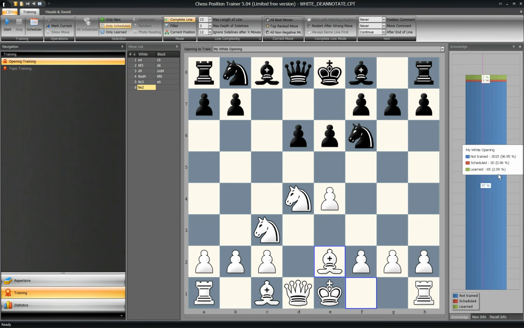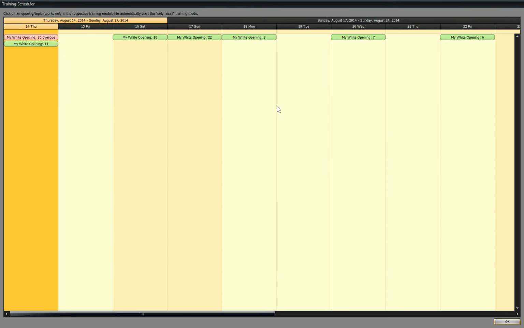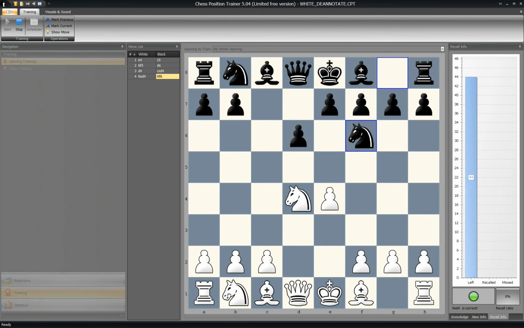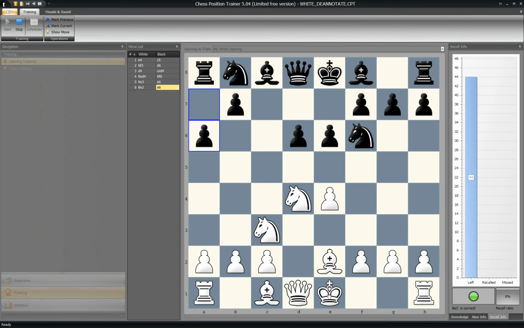If I go into the training tab, you can see that I have the same position popping up, and I've been practicing quite a bit lately, well, more than ever I guess. And if I look at the scheduler, it will still tell me that I am behind, so I'm just gonna double click on it and let it force me to train my openings. So it is selecting the moves that I had input into my repertoire, and here